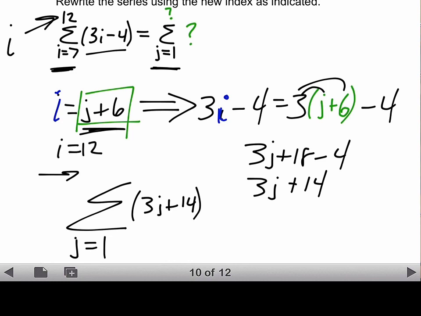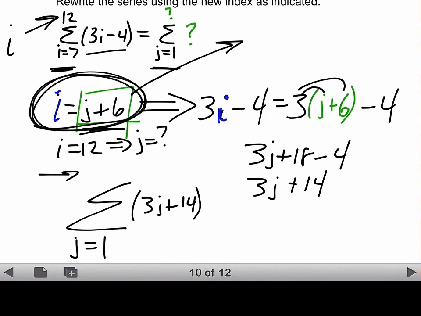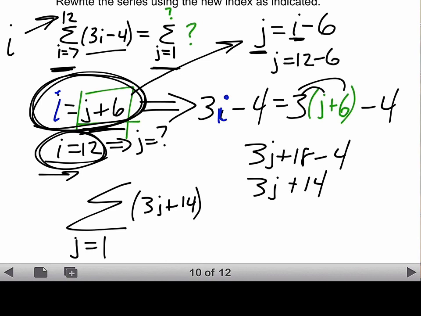What I need is what j is if I is 12. If I take this I equals j plus 6, and solve for j, then I have j is equal to I minus 6. And this is a relationship that tells me what j is for any particular I value. If I is 12, as it was to begin with, then j is going to be 12 minus 6, which is 6. And so the sum, my new one, becomes the sum as j goes from 1 to 6 of